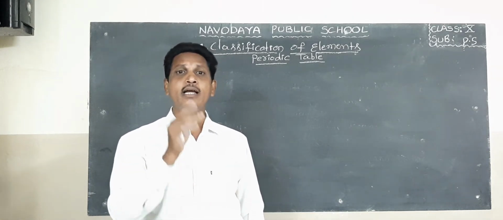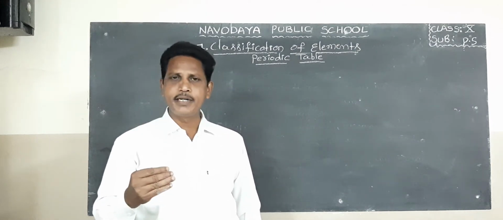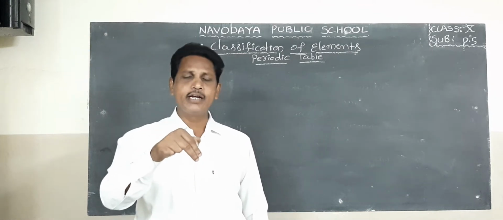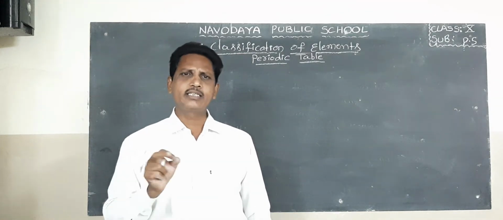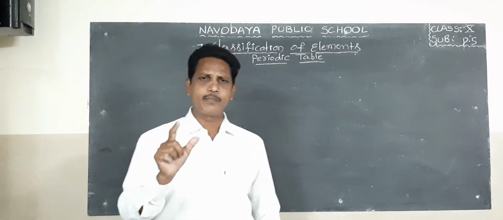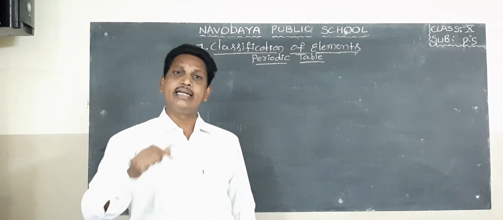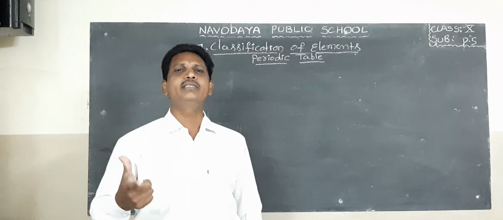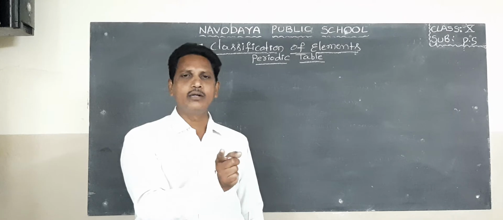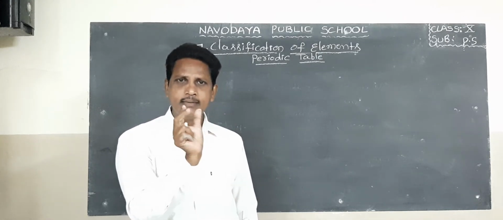Ionization energy is measured in electron volt (eV) or kilocalorie per mole. Next, electron affinity. What is meant by electron affinity? The amount of energy released when an electron is added to a neutral gaseous atom is called electron affinity. It is also measured in electron volt or kilocalorie per mole. From top to bottom in a group, electron affinity decreases because the size of the atom increases. Left to right in a period, electron affinity increases because the size of the atom decreases.